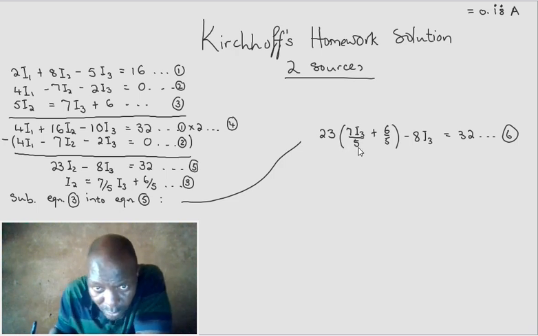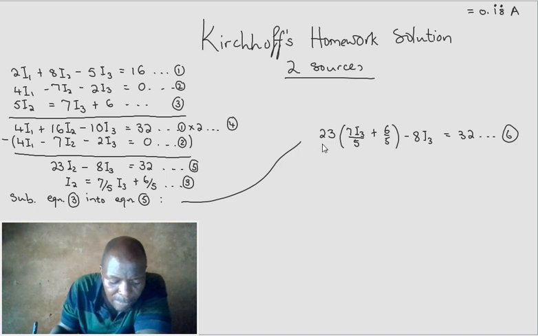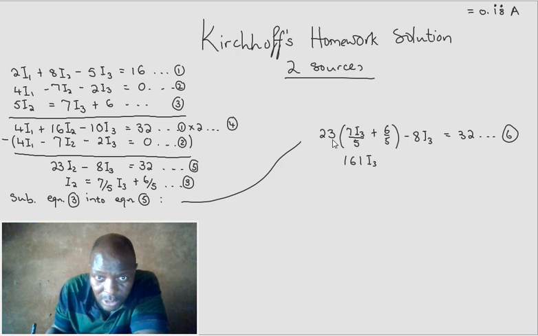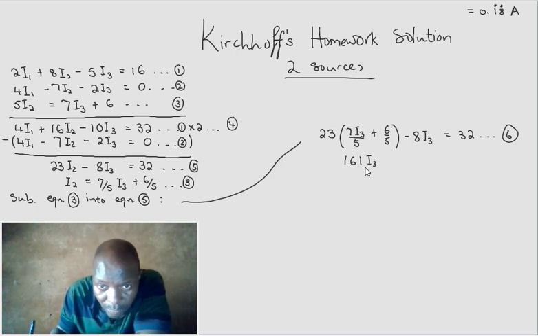So if you do this calculation, 23 times 7 is going to give us 161 I3 over 5